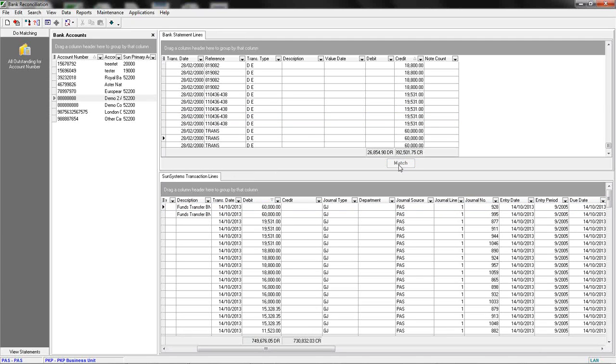And the second I do that, it's now posted the R allocation marker into the SunSystems ledger. It's moved these journal lines into my history area that we were looking at before, where they'll appear as yellow lines and have the allocation reference and all the history there. So I've now, in effect, performed a match against the statement,